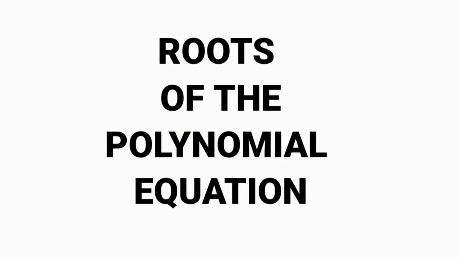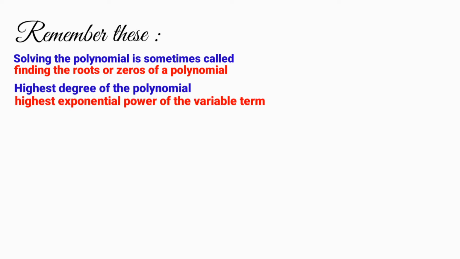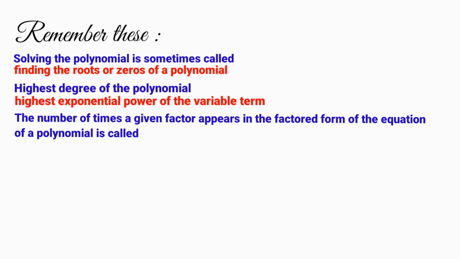When solving for the roots of a polynomial equation, it is important to remember these. Solving the polynomial is sometimes called finding the roots or zeros of a polynomial. The highest degree of the polynomial is the highest exponential power of the variable term. The number of times a given factor appears in the factored form of the equation of a polynomial is called